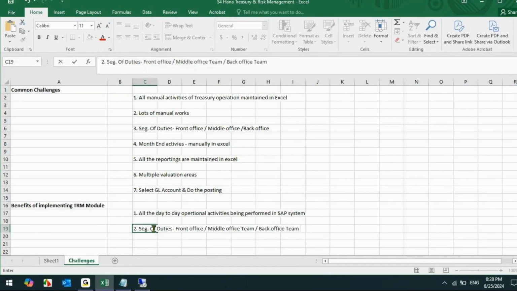Actually speaking, all these activities are already defined in the organization structure. Like what activities are being performed by the front office team, and what activities are performed by the middle office team. The middle office team performs activities like scrutinizing what is being created by the front office team. Like let's say if I do some posting, the transactions or deal, whether I have done it as per the